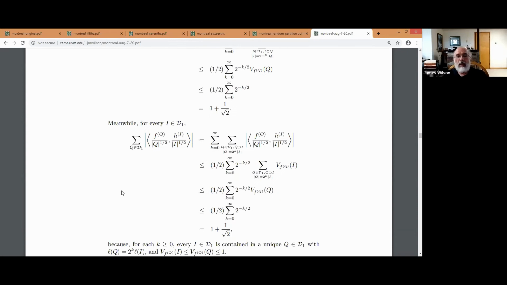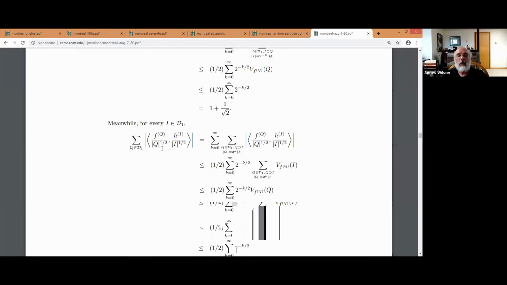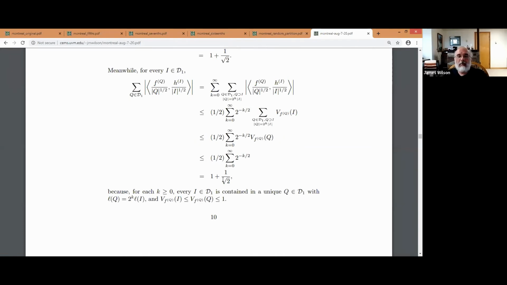Meanwhile, back at the ranch, for every fixed dyadic interval I, you sum the same way over all the Q's, and you get the same thing. And of course, now this thing here is the total variation of f over I. Remember, Q is contained in I, and this is of course bounded by that. You get 1. And of course, you only get one term here because every interval I is contained in at most one such Q. So you get the same sum, and you get that. And so therefore,